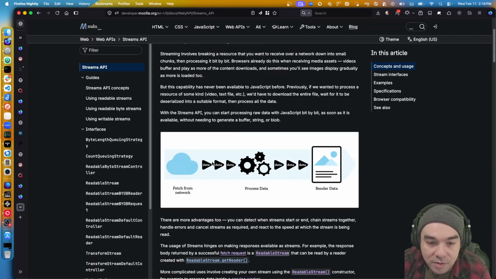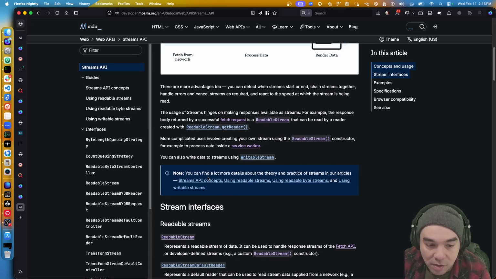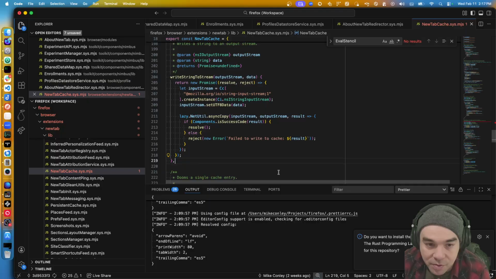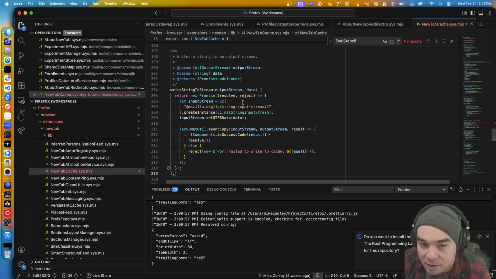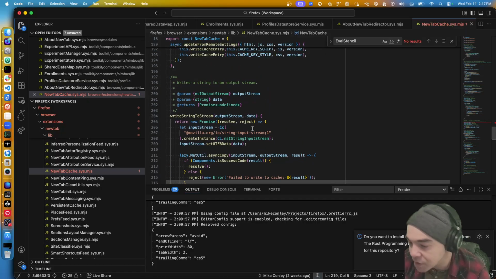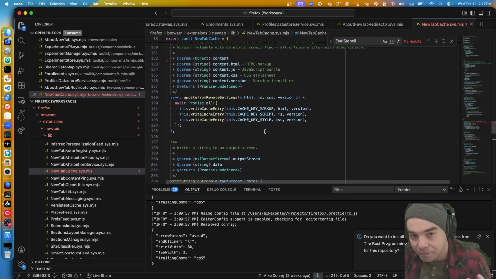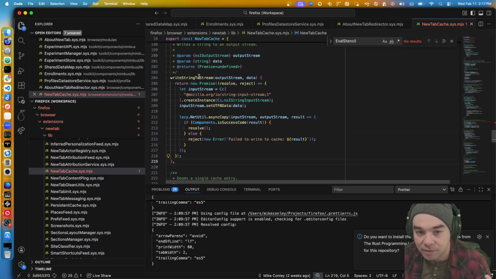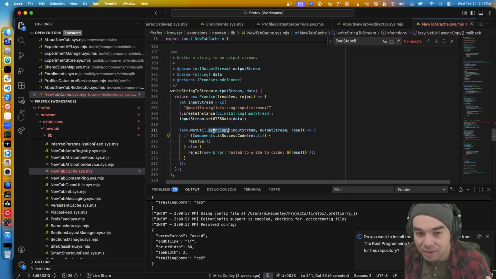Web APIs that do streams. This is all great stuff. You want readable streams and writable streams. Unfortunately, NetUtil and the cache backend were all written before any of that stuff existed. So instead of using the more modern readable streams or streams APIs, we're using callbacks and utilities like async copy, which are using pipes to